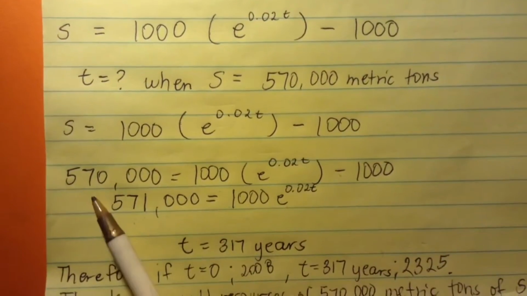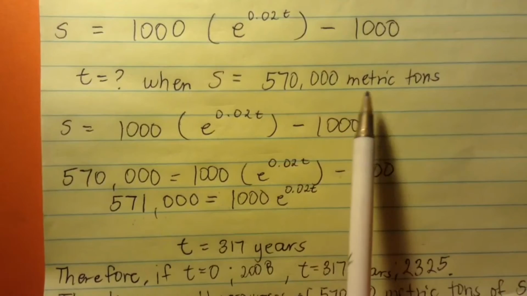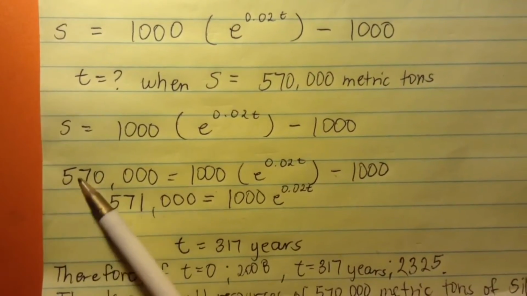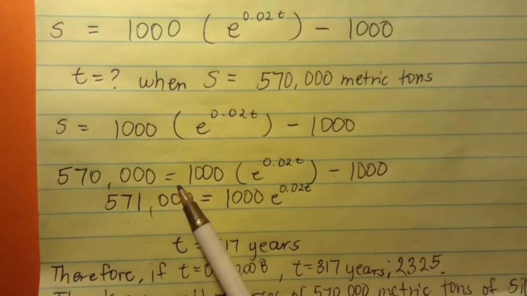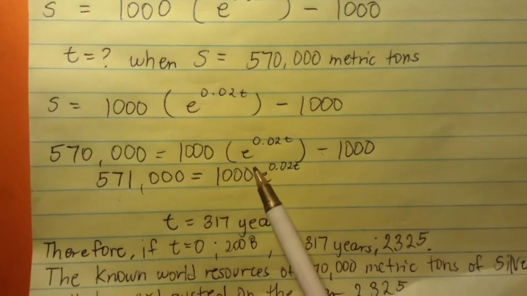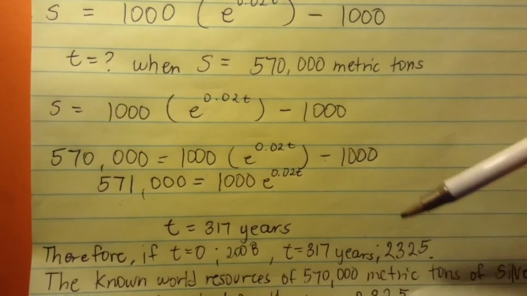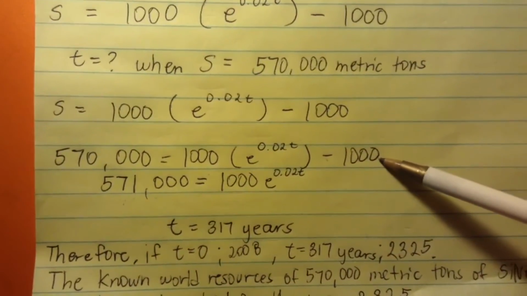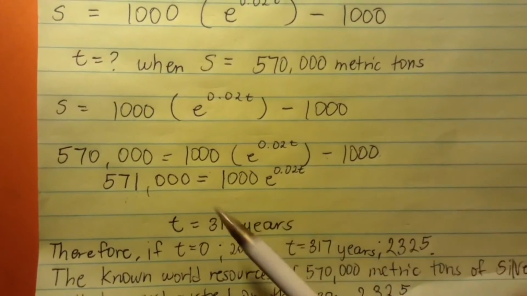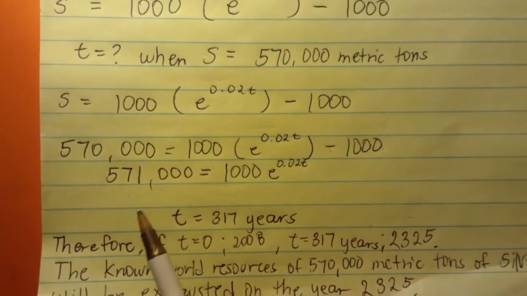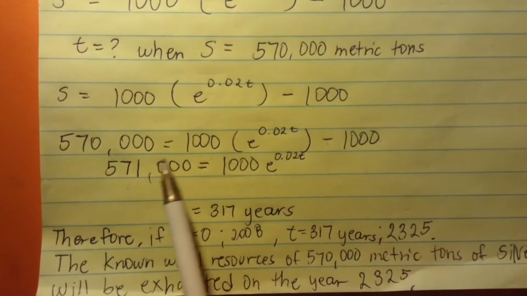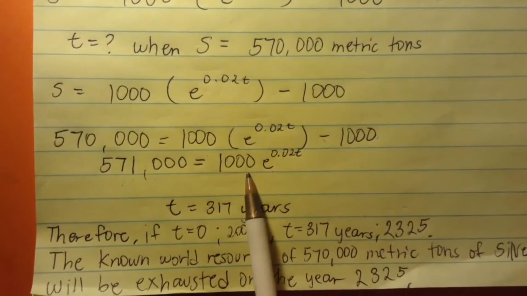We substitute S with 570,000 metric tons, which is 570,000 is equal to 1,000 times e raised to 0.02t minus 1,000. You transpose 1,000 to the other side, and you will have 571,000 is equal to 1,000